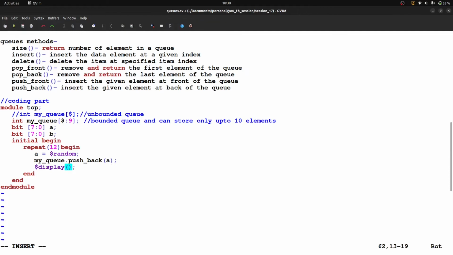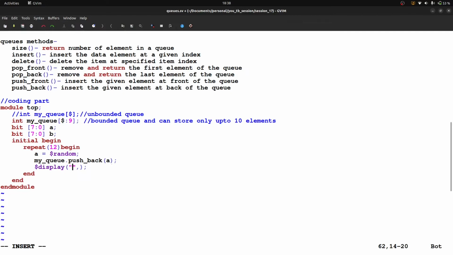So what is the format of $display? Because many students become confused on that point, how we can print such arrays with index locations. Okay, so let's try to understand. Let's say first of all I want to check the size actually. We will discuss that later. So first of all I want to check the size, let's say.